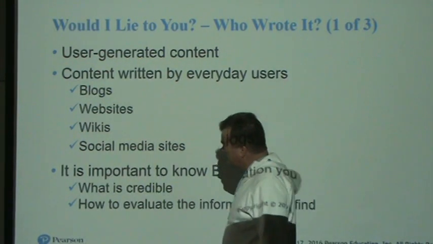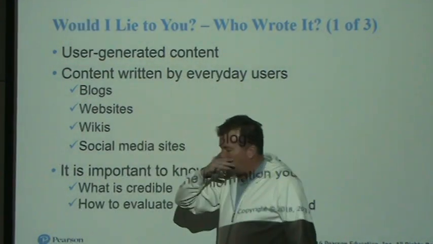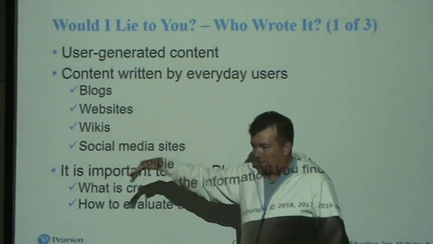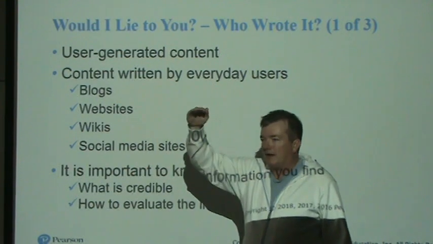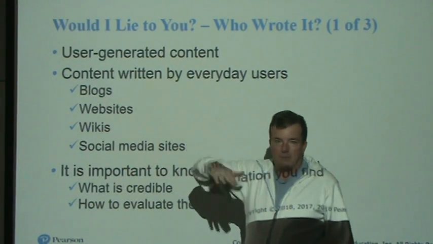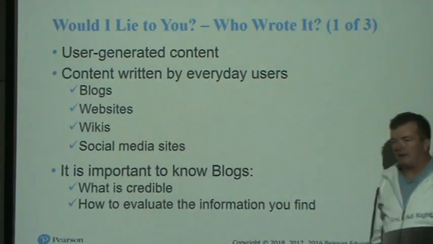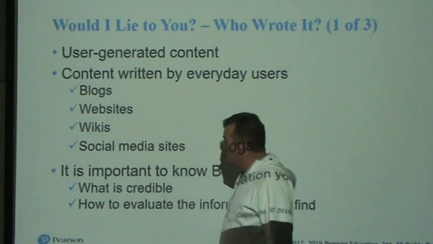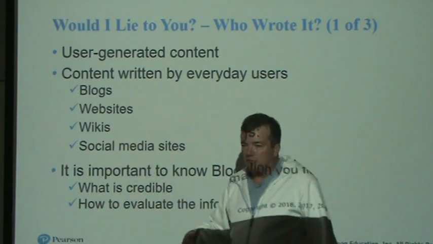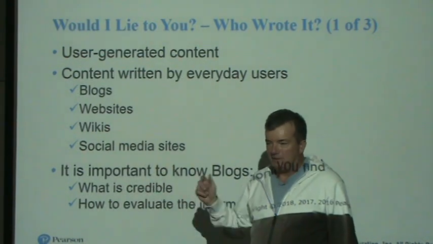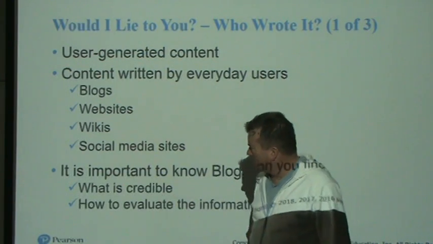So blogs are basically a web page that allows anybody who can find the web page to type in anything they want, and they just keep writing, and then someone makes a comment on that, someone makes a comment on that. There's no truth checking at all on blogs. Websites can be created by anybody, and they control the content that's on them, not necessarily true.